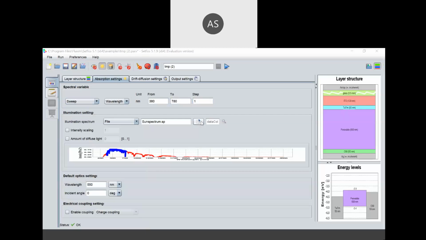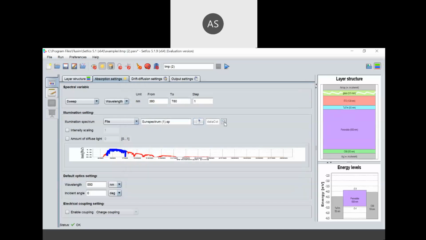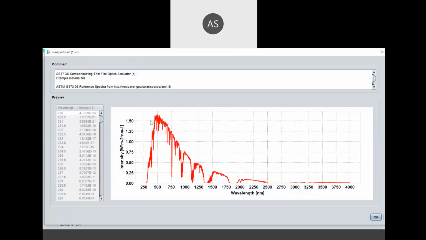And this is a spectrum that you can import from our library. So AM 1.5 global spectrum, direct spectrum, sun spectrum, all spectra you can open and plot with respect to the intensity.